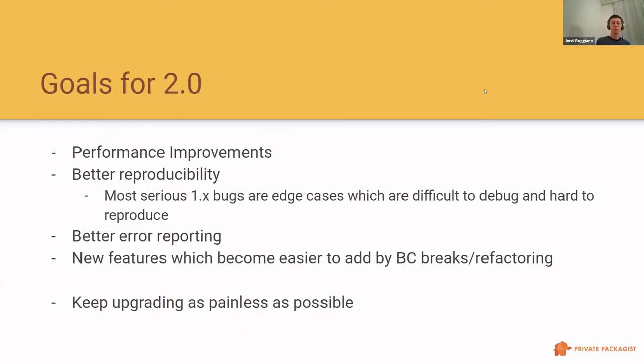So what were our goals for 2.0? The main thing really was performance. I think that's the one thing that people complain about over and over. The other aspect was more for us, to some extent. I mean, it's improving the user experience, but it's mostly improving the maintainability of the project, I would say,